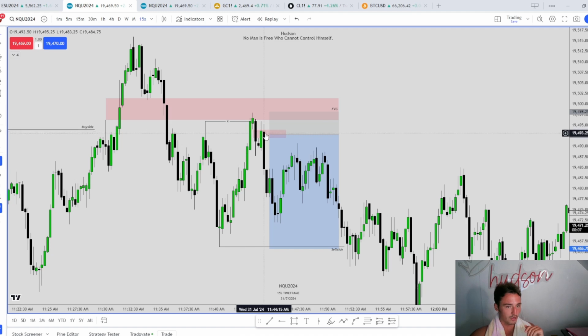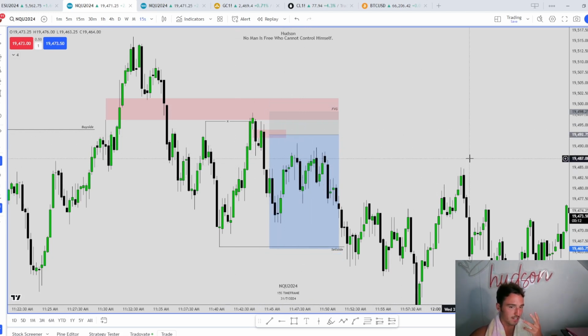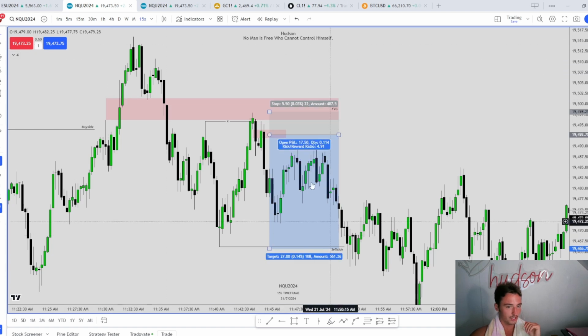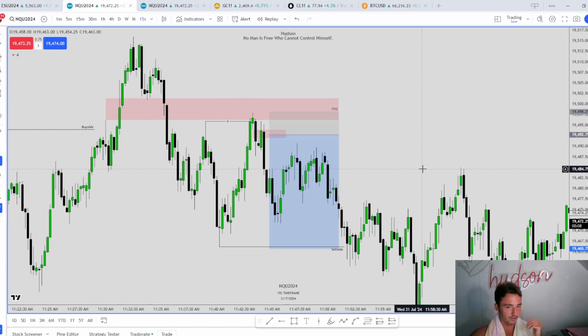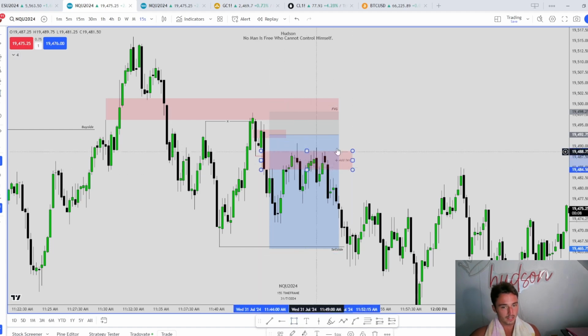If this setup showed up, like if this was a 1 hour fair value gap sweeping a 5 minute high right here, and we create this imbalance and I'm already bearish, then this is a 5 minute short. You don't need your market structure shift because structure is already bearish. And I guess right here would be, if you wanted to, your short term low that gets displaced through, and then right here you can see that we hold this fair value gap throughout all of this price action.